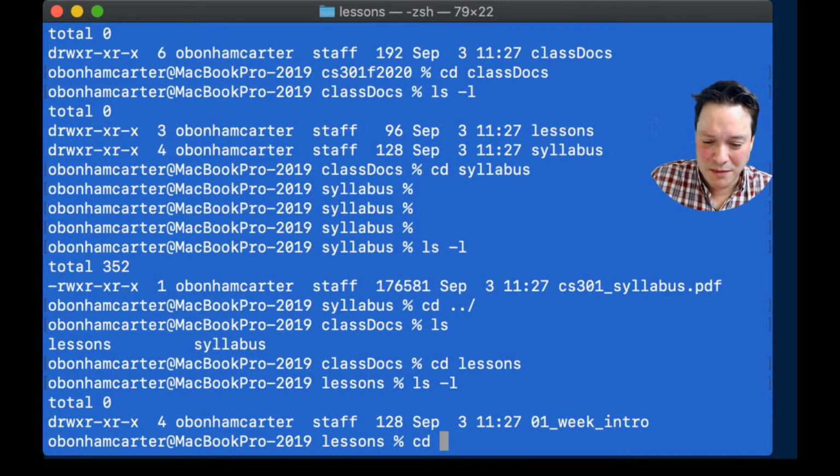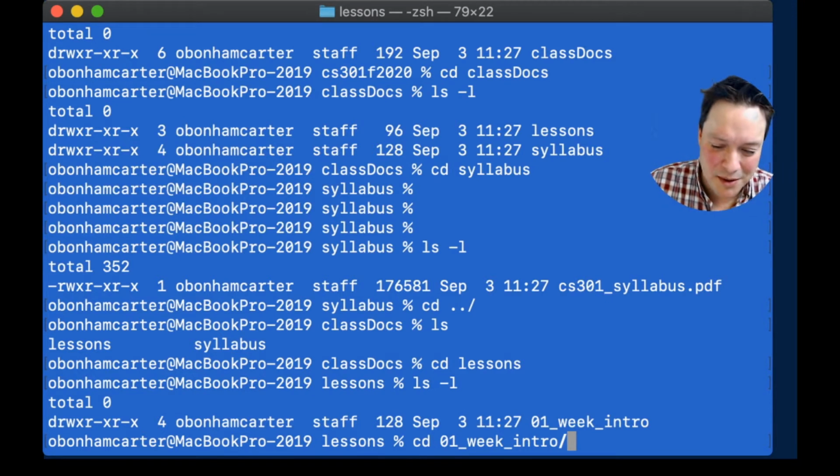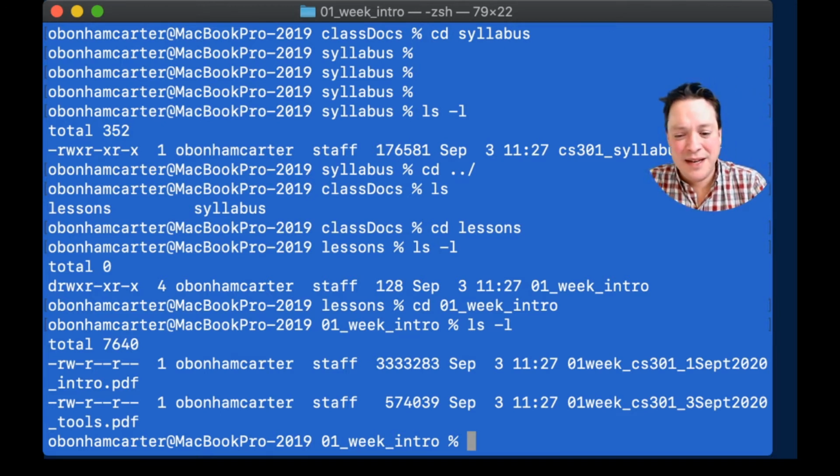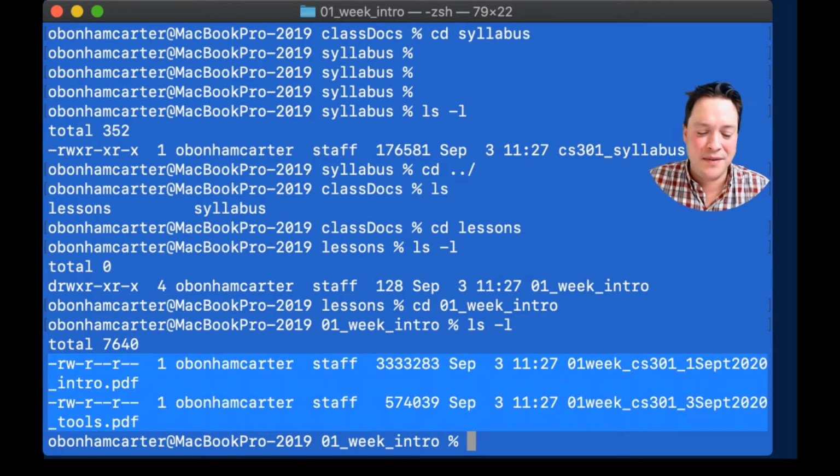So the first week is going to be, if I change directory and go into 01 week here. By the way, I can push the tab button on my computer to go through. And you'll see that inside I have the files themselves. And these files are the PDF documents. Every time we have class, I'm going to ask you to go to your repository here and basically pick up these files. And those files are going to be like your slides for the day.